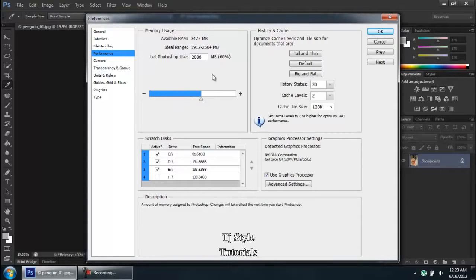All right, now guys, I have reduced this RAM usage to 60%. All right, but that's not true. I actually believe in keeping it somewhere around 80%. Now remember guys, I have changed it to 80% because my computer right now has somewhere around 4 gigabytes of RAM. Okay, and I actually do quite some work on Adobe Photoshop. All right, so I would want my Photoshop to run smoothly. So therefore I'm increasing this, let Photoshop use my 2807 MB, that is 80% of